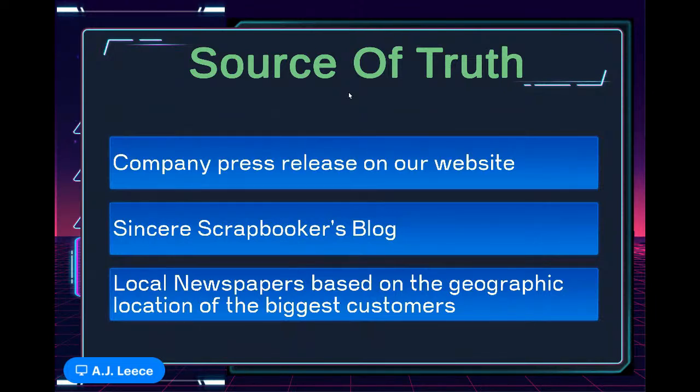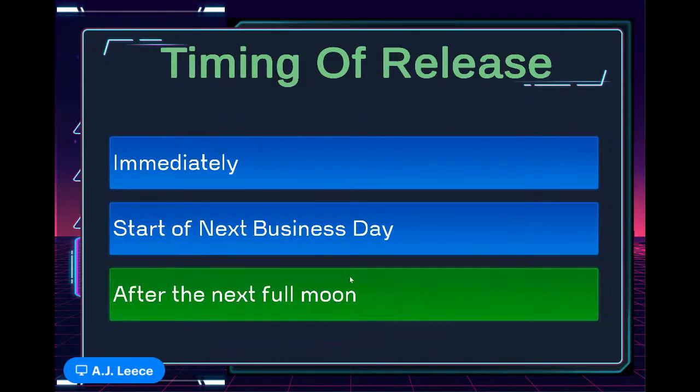And what's the source of truth? If we're asking our customers to refer back to an important piece of the business, where are we going to post that source of truth? Where are we going to tell them to refer back to it? Because once news gets out, court of public opinion, it's going to be a considerable issue. So we have to figure out how we're going to direct it. I think in this case, because we're scrapbookers, we'll do the whole newspaper thing. There's probably at least a few who collect newspapers.